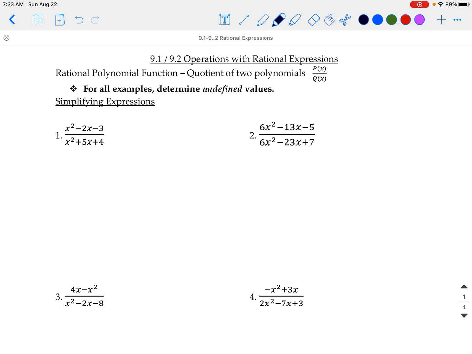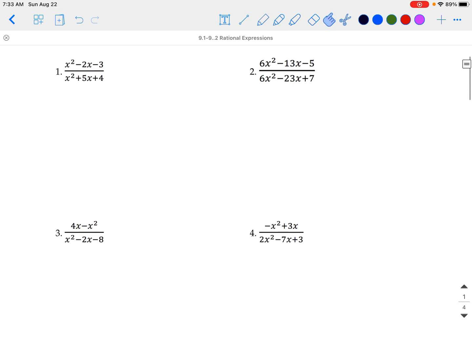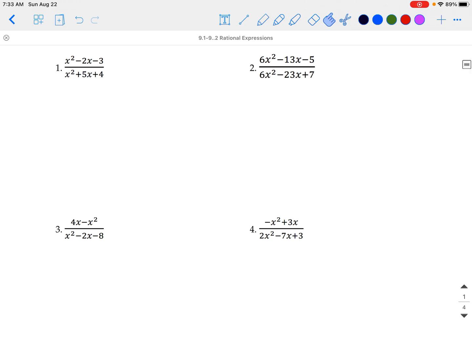What we're going to do in each case as we work through them is look for these undefined values. So undefined values are simply going to be division by 0. So where are the expressions where we need to worry about dividing our expression by 0? So we'll start with just simplifying expressions. So we're going to take these rational expressions and simplify them as much as we can, and then identify those